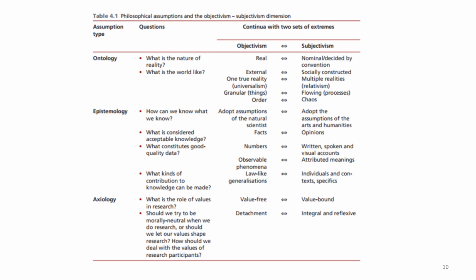If we are talking about epistemology, that is how can we know what we know, what is acceptable knowledge in different fields, what constitutes good quality data. Objectivism is basically about scientific facts, proven scientific facts. The data should be based on a number of observable phenomena. The generalization should be such that it's like a law. And subjectivism is more tilted towards arts and humanities. Opinions are important,